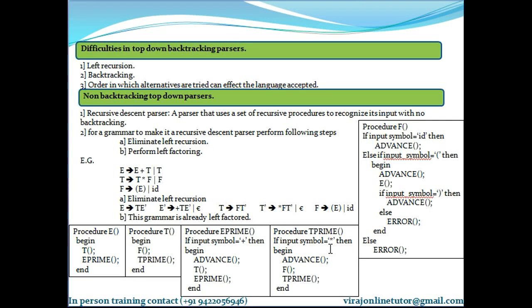If 99% of the times we are selecting a wrong option and then backtracking, then it is simply affecting the time in which a particular program can be parsed. Hence these are the three difficulties in top-down backtracking parsers. First is left recursion. If there is a left recursion, it will go in an infinite loop.